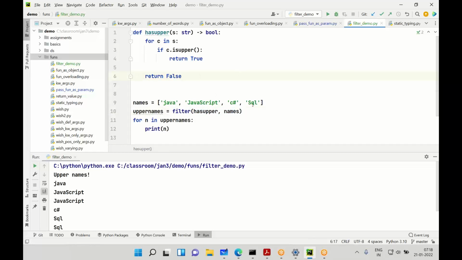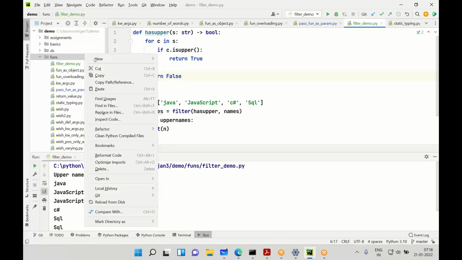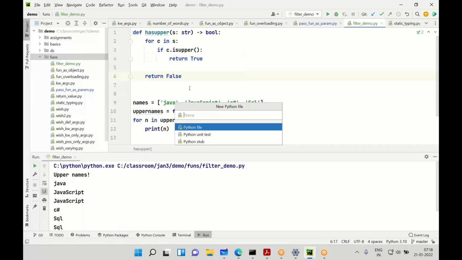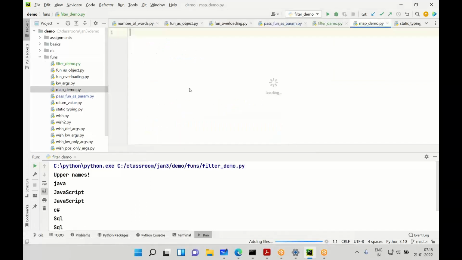Map is another function which is meant to map, not to filter. So loosely speaking, mapping is like converting. It maps or converts one value to another. So let's have a look at that. Now, when it comes to this